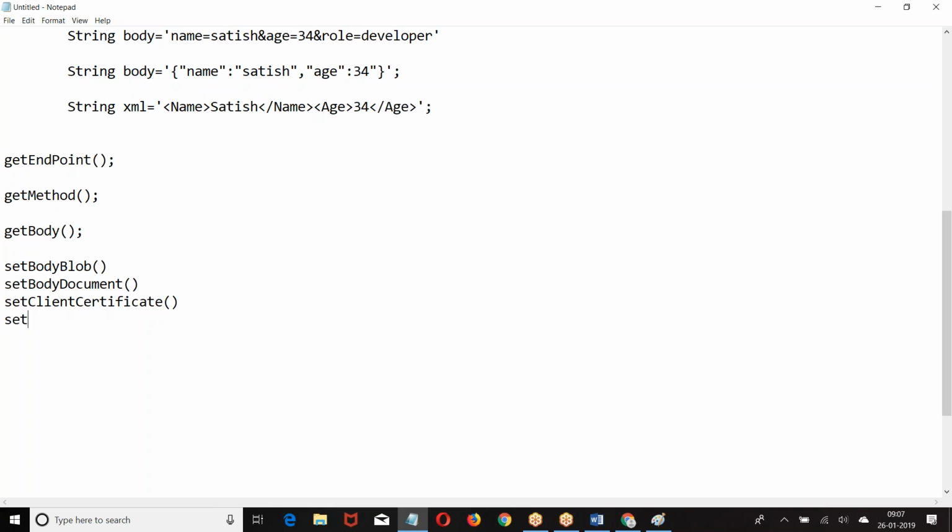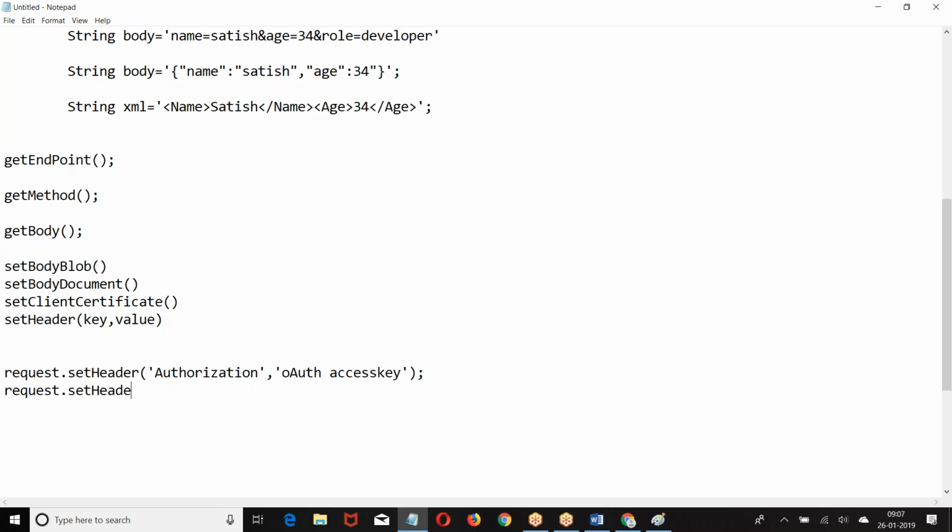Set. Now what was that? Request dot set authorization. So any header elements you want to pass will be set like this.